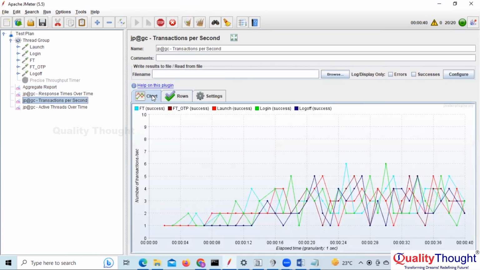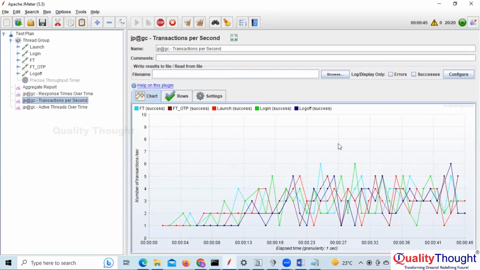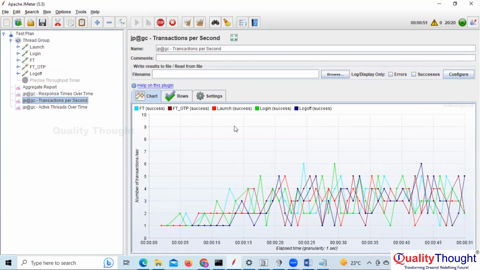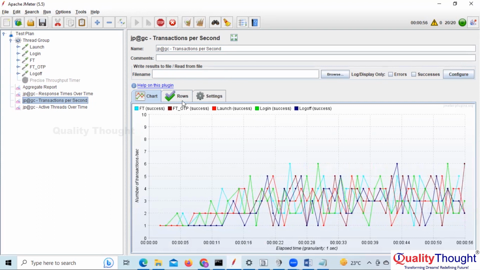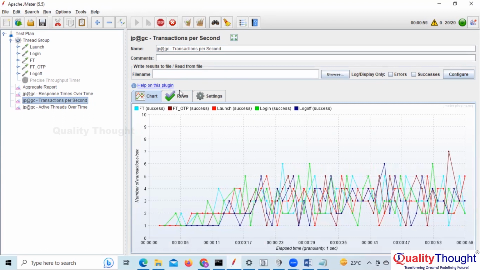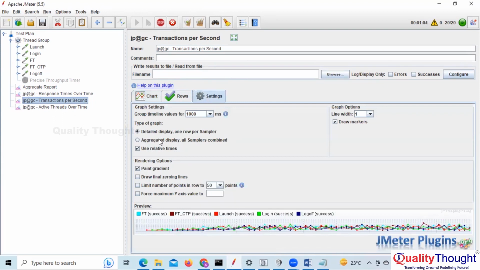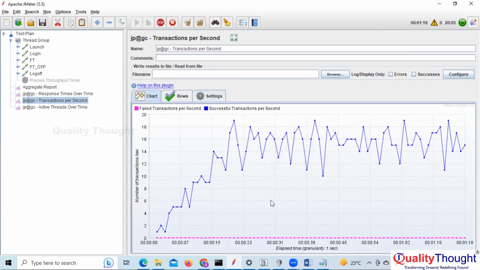So here, if you go to the TPS graph now, see, you are getting a different kind of graph because you are running different scenarios, like fund transfer, launch, login, log off, OTP, and all that, right? So you are getting TPS for each and every transaction. If you go to the settings and select the aggregate display instead of detailed display, detailed display will give you the TPS for each and every transaction. Aggregate display will give you the overall TPS. So I just clicked on aggregate and